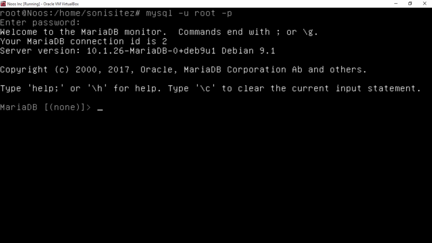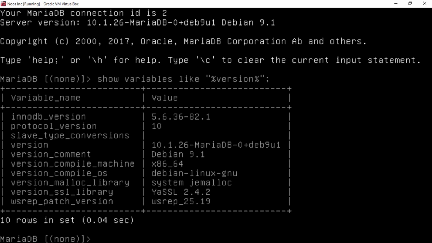in my system, Debian is using MariaDB, and to check the MySQL version, just type show variables like version percent in here. Okay, that's all. You can see